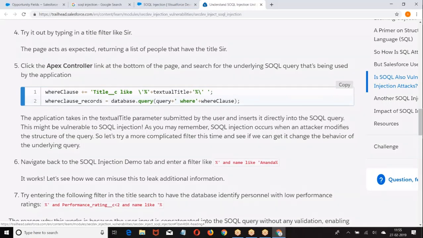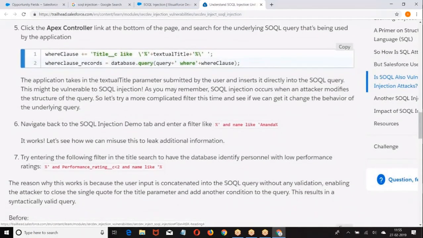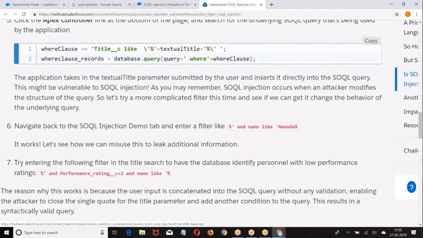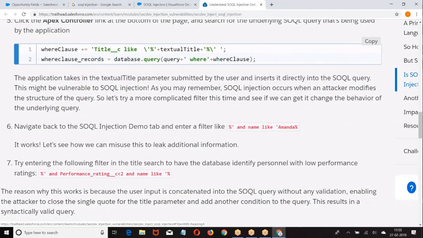Now look at this. Just read this statement, I'll explain it.